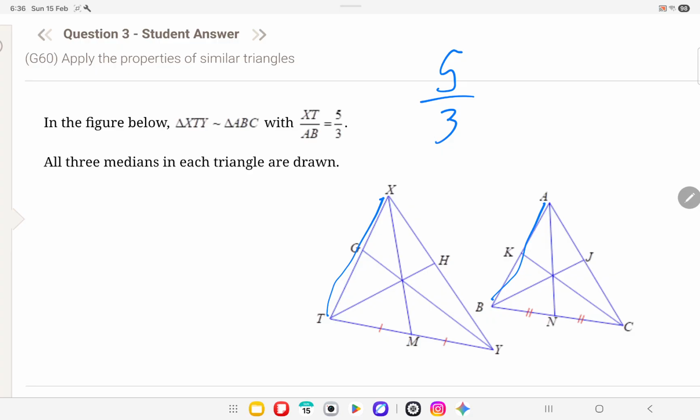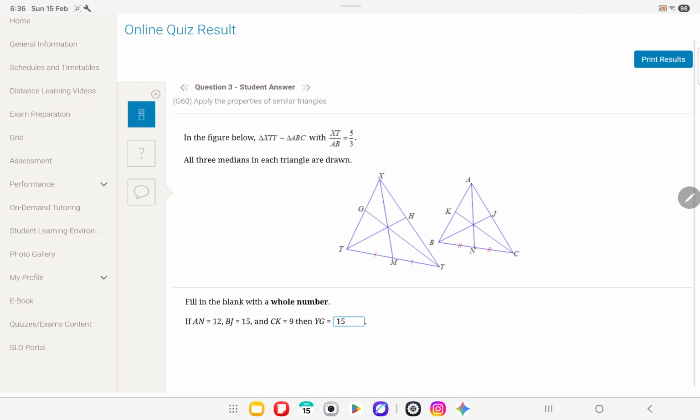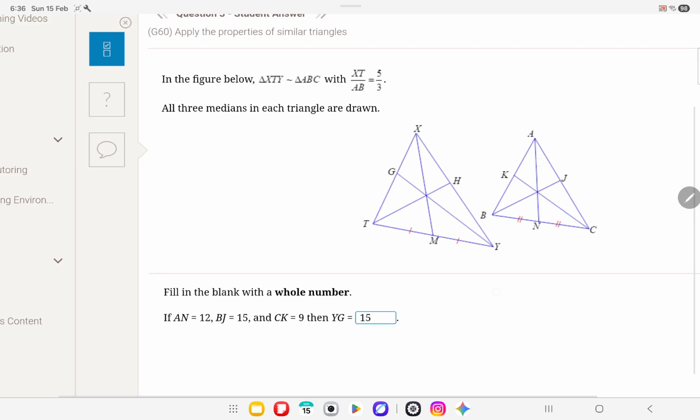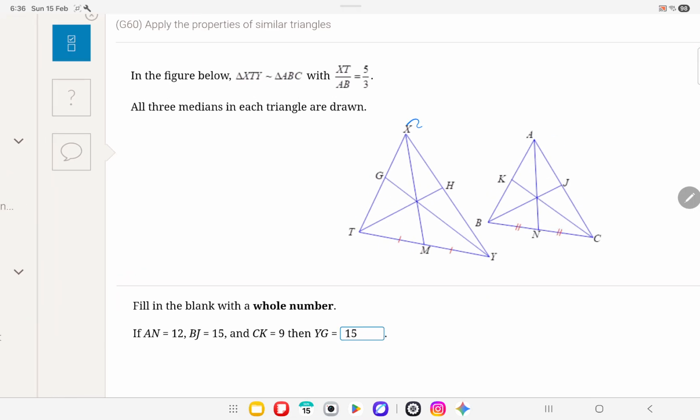And it's telling us that the triangle XTY is similar to ABC. So same order basically. So what we're trying to find is YG, right? If we're given that this over this is 5 over 3, that's given, we can keep it. So we have 5 over 3 equals